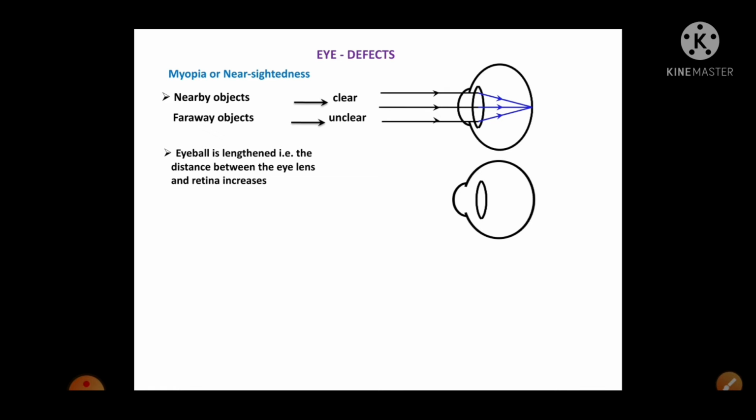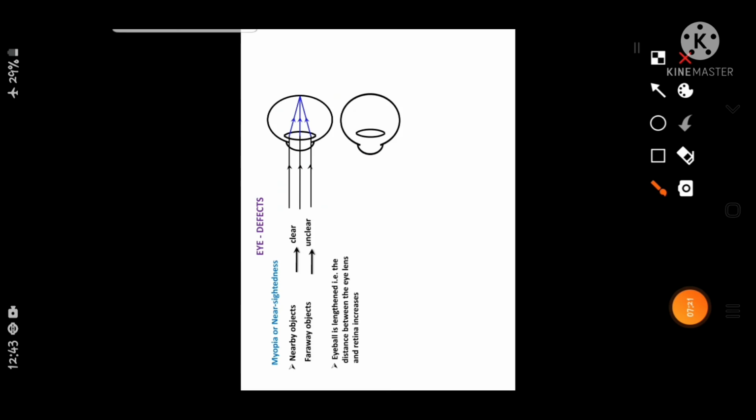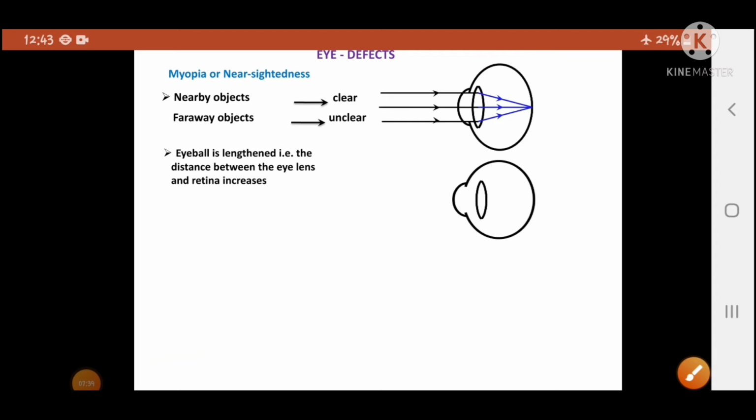Now first thing, why does this defect take place? Reason 1, eyeball is lengthened, that is the distance between the eye lens and the retina increases। यहाँ पे देखिए ये लेंस है, ठीक है, और ये रेटिना है, तो यहाँ से यहाँ तक का जो डिस्टेंस है वो क्या हो गया, इंक्रीज्ड हो गया। लेंस एंड रेटिना के बीच में जो डिस्टेंस है वो इंक्रीज हो गया। That is why the image is not clear, first thing, okay, this is a reason. So first reason, I think it is clear, eyeball is lengthened, that is the distance between the eye lens and retina increases।